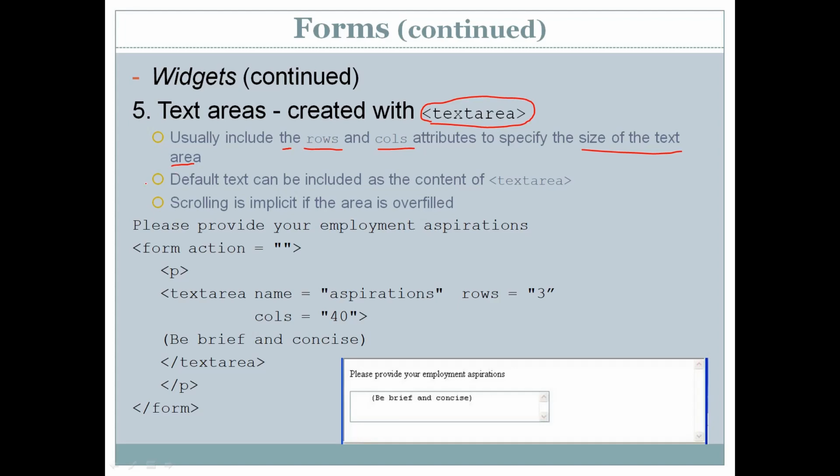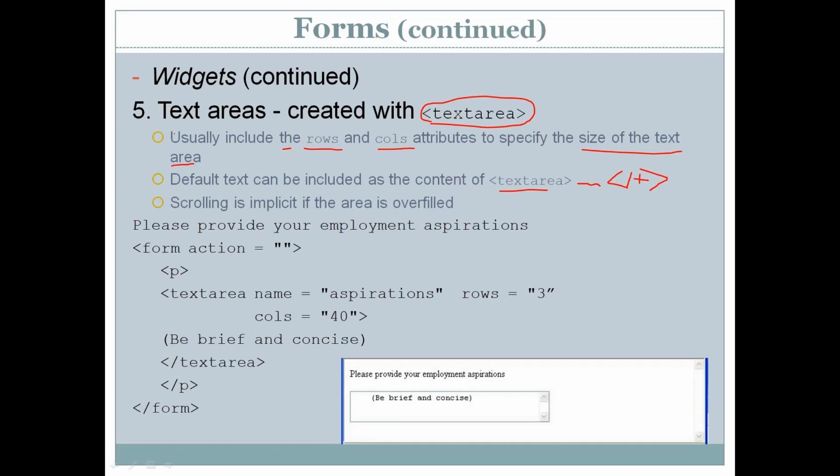Default text can be included as the content of the text area. If you want to include some content by default inside the text area, you can include it in between the opening textarea tag and the closing textarea tag, which is the default content of the text area.